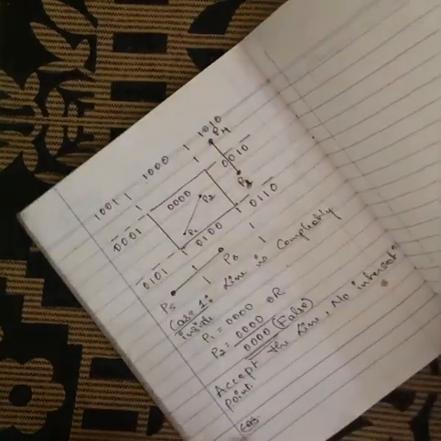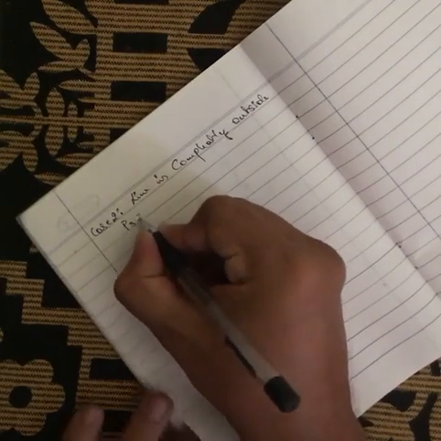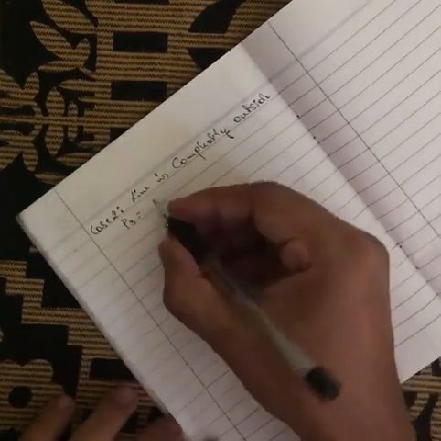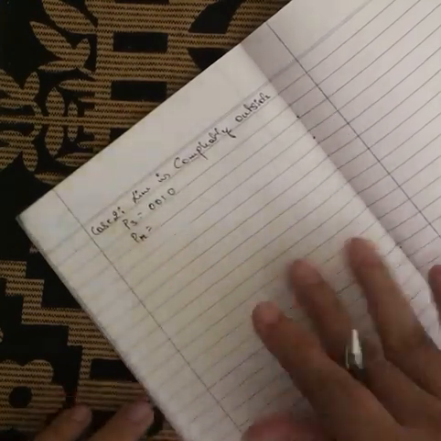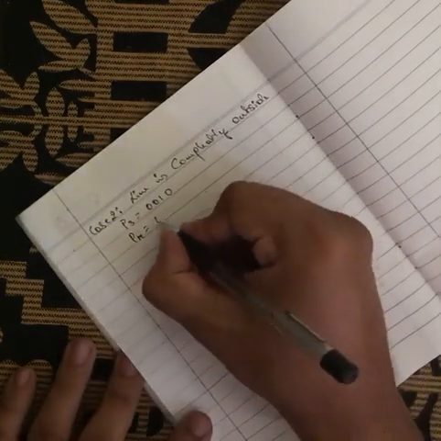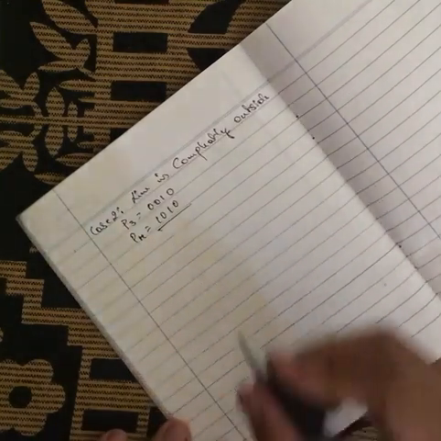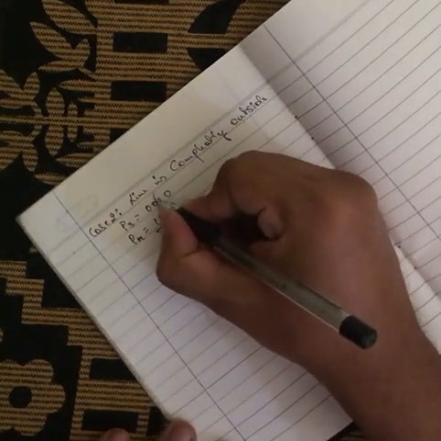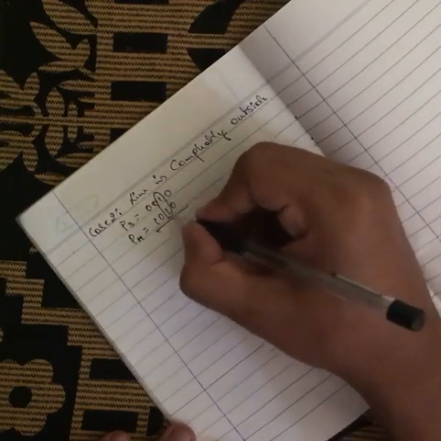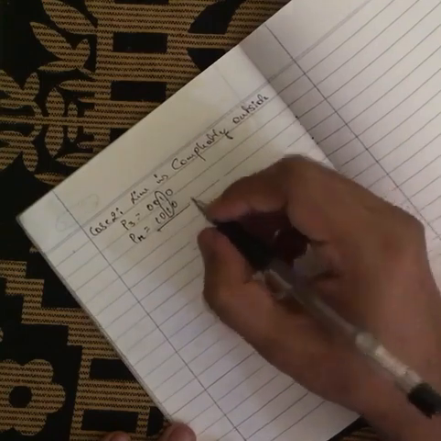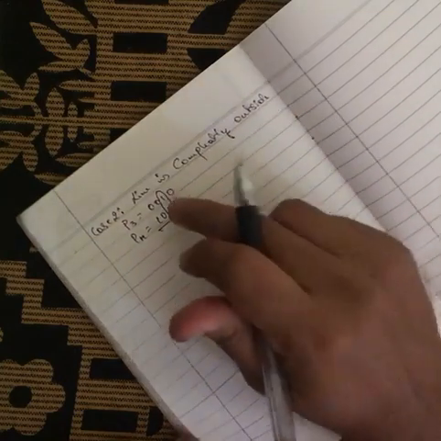Now if the line is completely outside, I take the region code of P3. The region code of P3 is 0010, and P4 is 1010. In this condition, you can see that at the same bit location in the two region codes, the bit is 1. So then the line is completely outside. That is one method to do it.